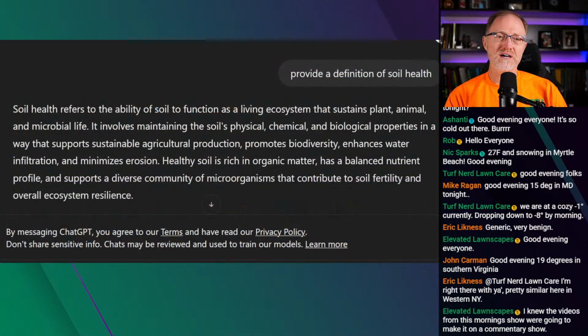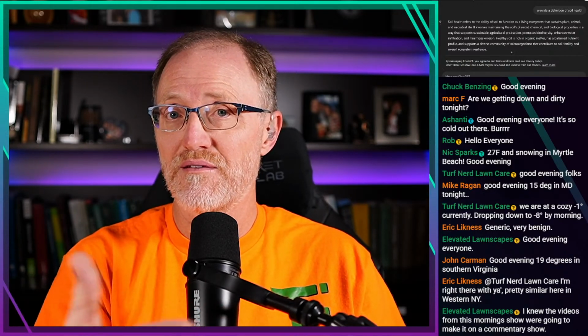It also promotes biodiversity, enhances water infiltration, and minimizes erosion. I really don't care about any of that unless those variables influence human well-being, plants and animals that affect human well-being. That's what I care about. So do I care about erosion? Yes, because too much erosion can actually reduce plant growth, and that can have a negative impact on human well-being. Do I care about water infiltration? So long as the water infiltration is harming plants and it's having a negative effect on plants, then yes, I do. But these are all sort of indicators.